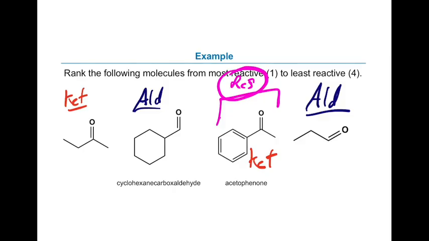Okay, we got 1 vote for 4. Any votes for 2? Why does 4 win? I agree, 4 wins. Why? Because it's got less hyperconjugation because at the carbon that is attached to the alpha carbon, there's only one other. Okay, yeah, you're going with a hyperconjugation argument. So you're saying this is my carbonyl center. I have hyperconjugation out here, and you're trying to say, okay, maybe there's more other carbons and stuff.